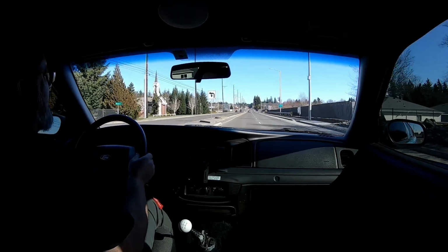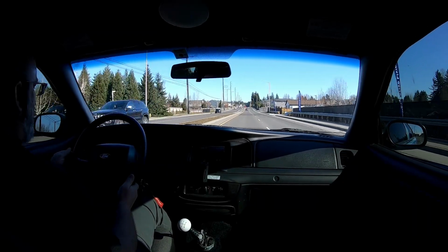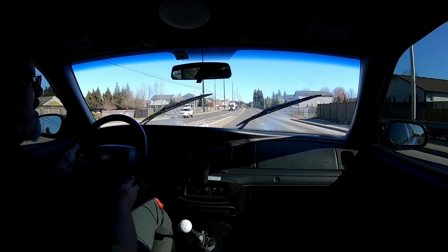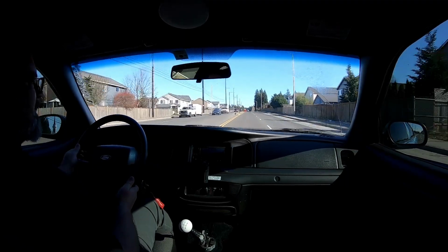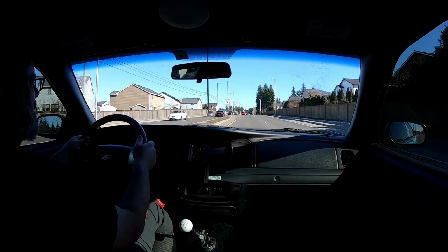Our new Amazon windshield washer squirters. Been working on adjusting them quite a bit. Let's see what happens. Oh yeah, it looks like we're actually hitting glass now on both sides. So I'm going to call that